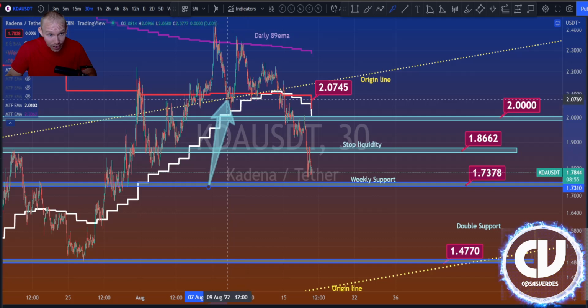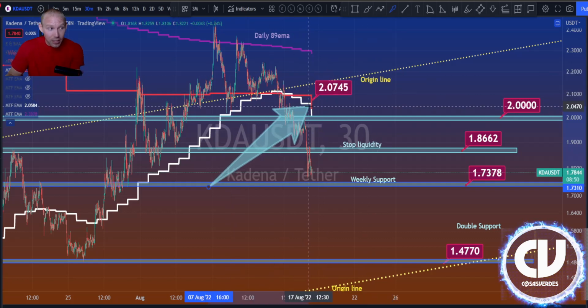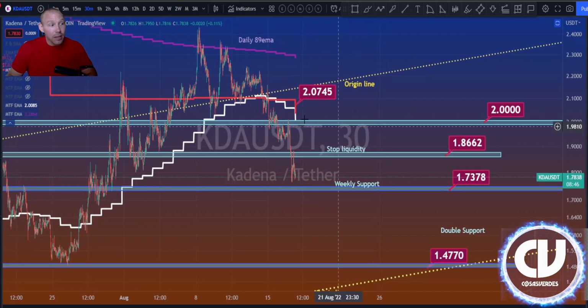I was telling you down here as it hit the origin line, right? So I'm very likely going to be correct on this. You need those two EMAs. Now, what's going to happen here is, when the EMAs are interacting, not price, but EMAs are interacting with these lines, like the daily